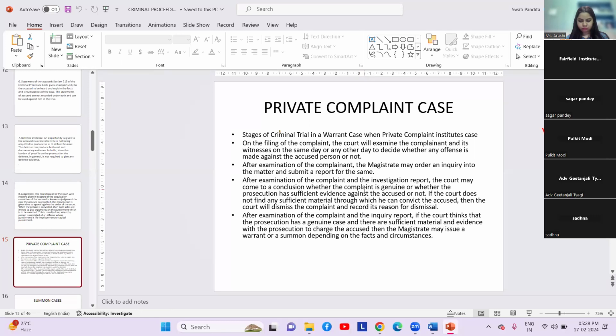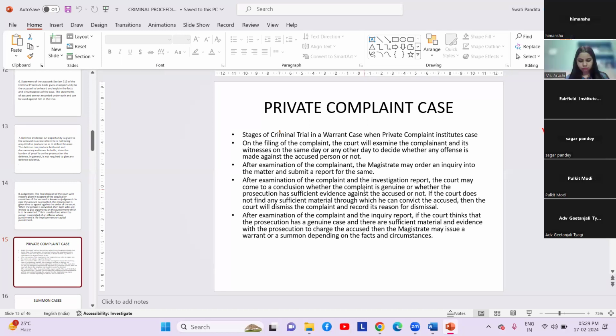Now coming to the summons cases. According to Section 2(w) of the CrPC, those cases in which an offense is punishable with imprisonment of lesser than